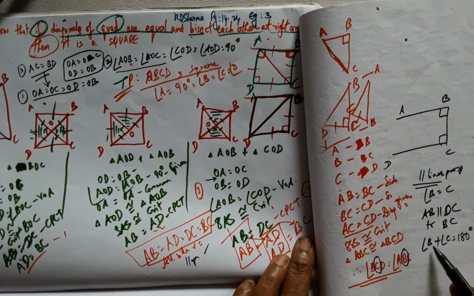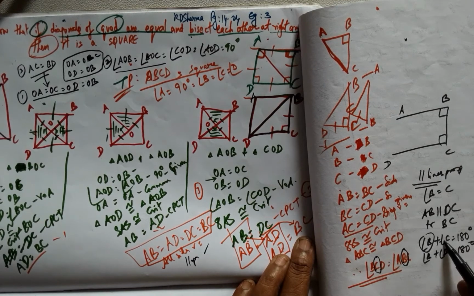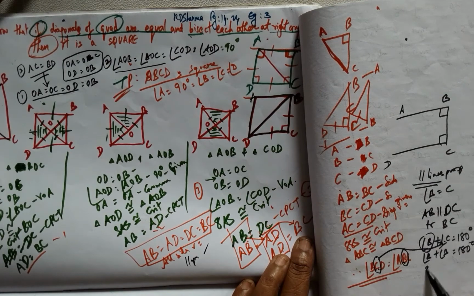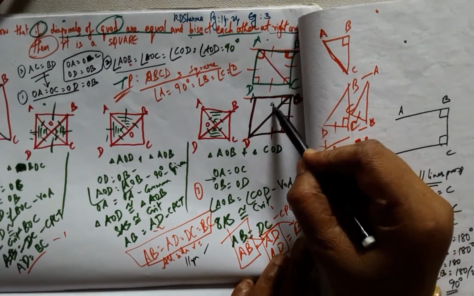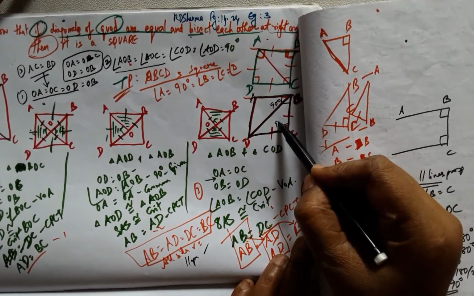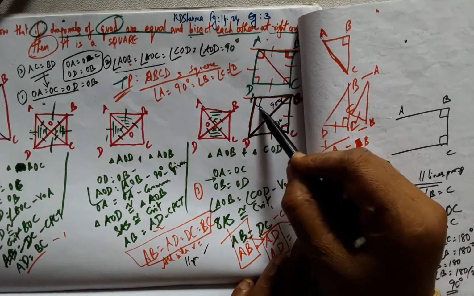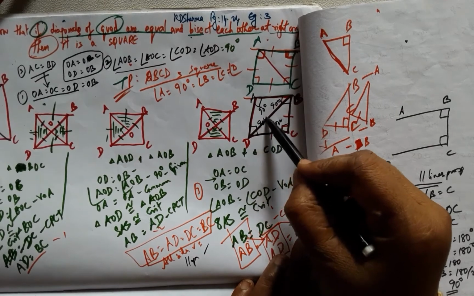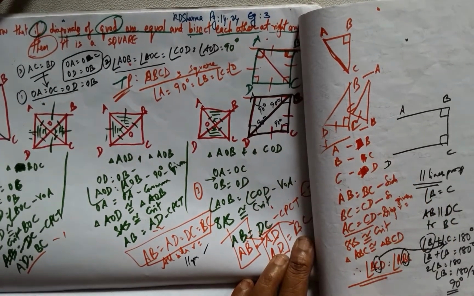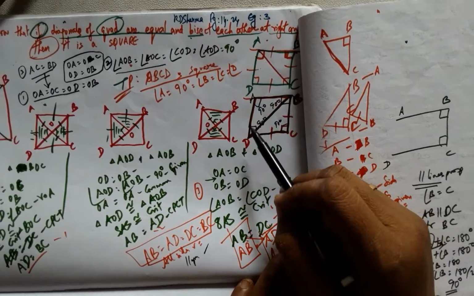So we are eligible to use the parallel line property here. Therefore now replacing C with B, we have B plus B equals 180, because angle C is also equal to angle B. Therefore 2B is 180 and angle B equals 180 by 2, which comes to 90 degrees. Hence if one angle is proved, the others are anyway equal, and opposite angles are also equal for a parallelogram, and hence it is proved that this structure is a square.